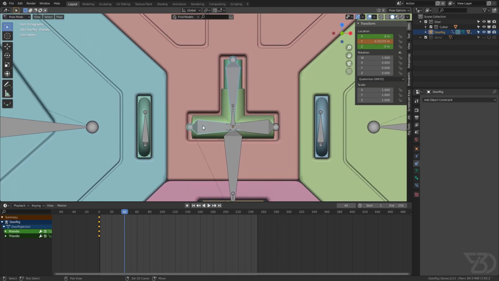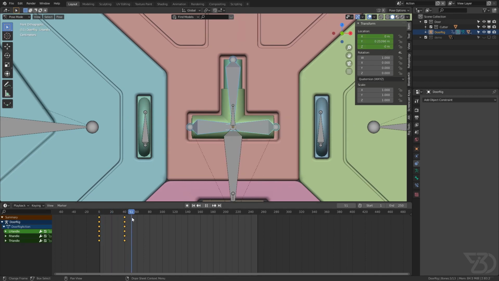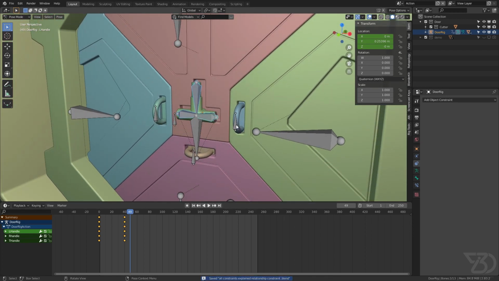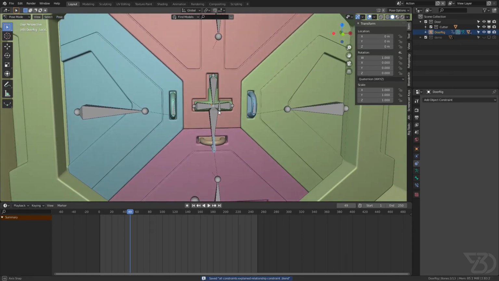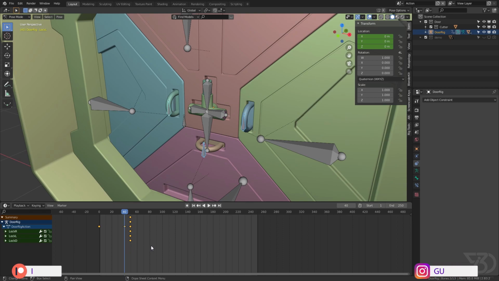Now I will again select these 3 and I will insert another keyframe. So we have animated this set, and now we will have to animate these 2. So I will select these 3 and animate again, inserting a keyframe over here, around here.